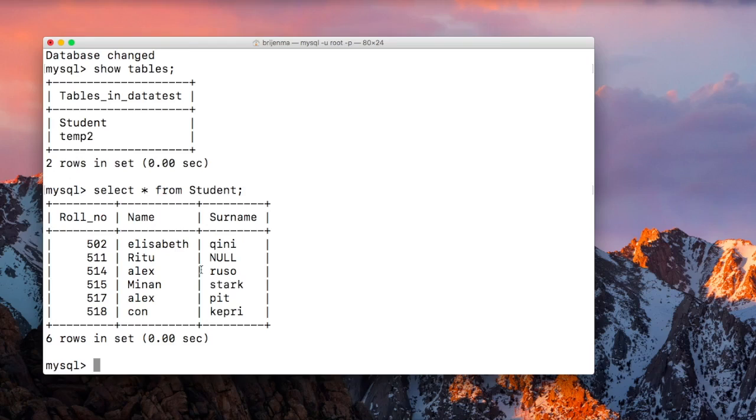Now I want to fetch the values on the basis of roll number, that list of all the students that have roll number between 501 to 514. Okay, so how would we do it? With the help of AND keyword. So we write something like this: